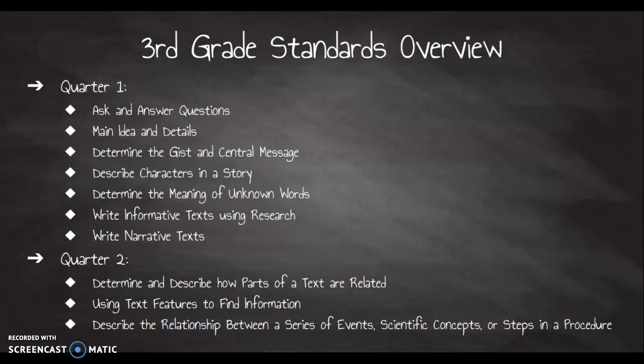I want to start with reading. So for the first quarter, we have a lot of standards we'll be doing. The first quarter, we're going to be focusing on asking and answering questions, main idea and details, determining the gist and central message, describing characters in a story, determine the meaning of unknown words, write informative texts using research, and